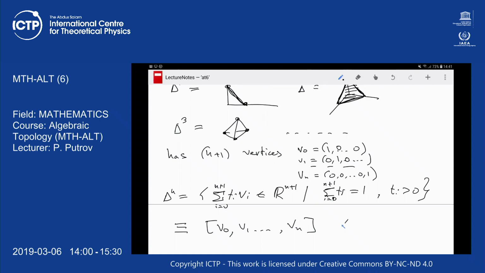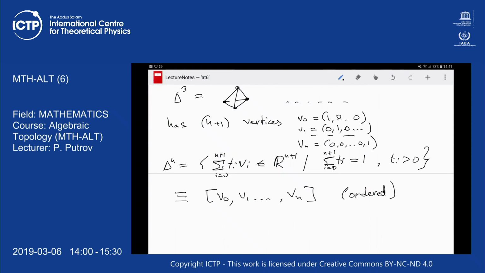And so it's important that the vertices here, when we talk about simplices, we want the vertices to be ordered. So the order here is important. So from the definition, it's clear that any n-dimensional simplex can have